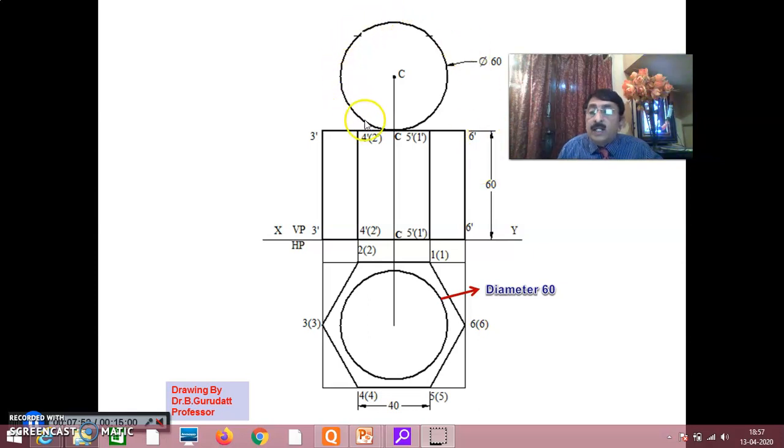And above that, you have a sphere of diameter 60. See here, this sphere is a circle in the front view and also a circle in the top view, with diameter 60. You understand? Now, once the problem is given in this way, or explained in the form of a sentence in this way,